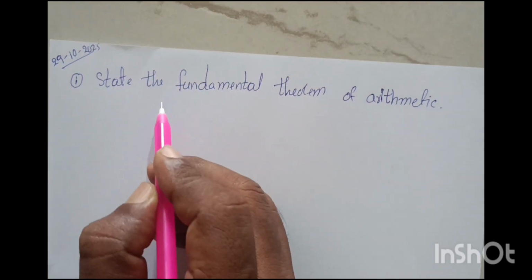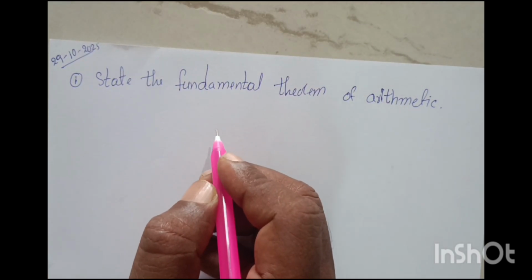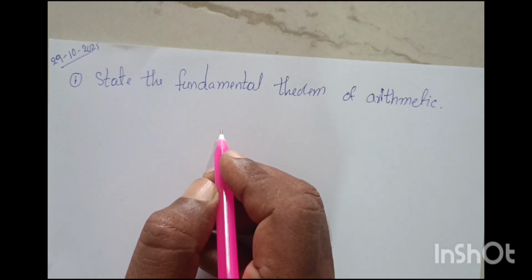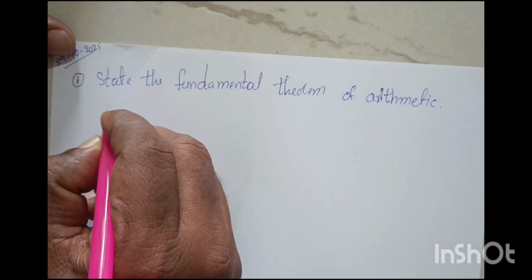So here, state the fundamental theorem of arithmetic. We know that. So what is the fundamental theorem of arithmetic? Every composite number. So here is the statement,